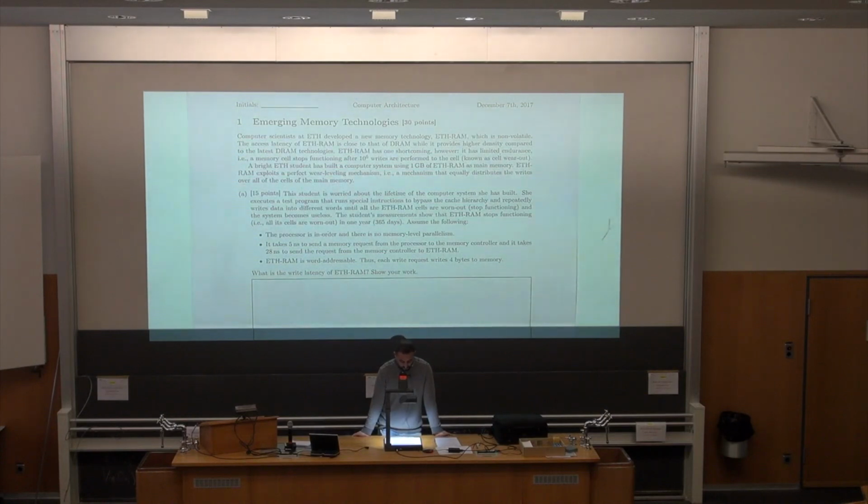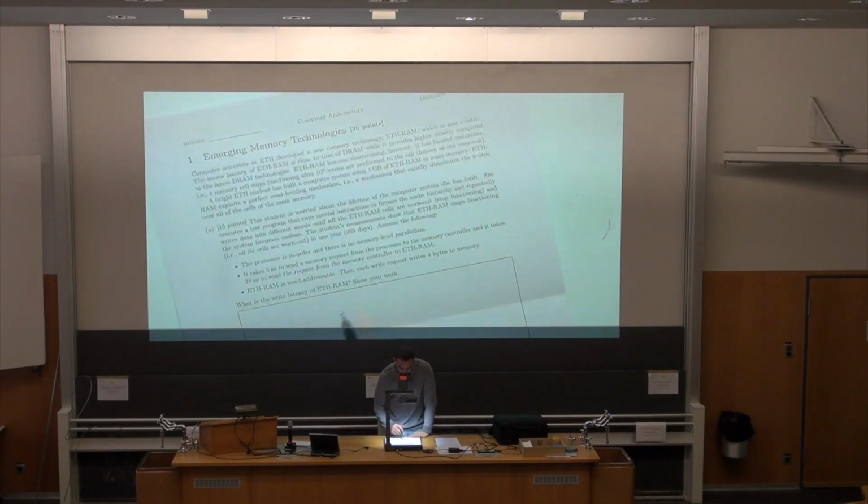Right, so this question about emerging memory technologies is a bit straightforward and easy. You have a computer scientist at ETH who developed a new memory technology. They call it Eth Ram, which is non-volatile, and the access latency of this RAM is close to that of DRAM, while providing higher density compared to the latest DRAM technologies. So this RAM has a shortcoming,